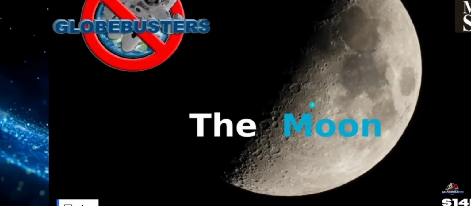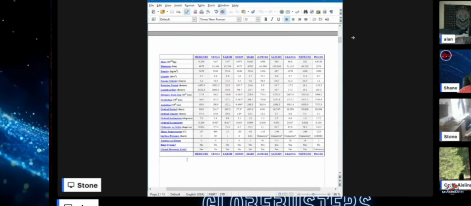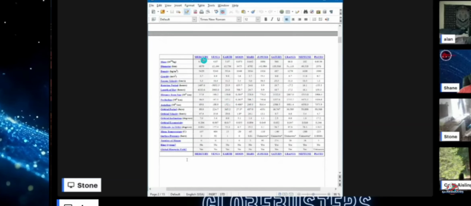So season 14, episode 5 here. Stone using the planetary fact sheet. So NASA, the astronomers, need to quantify the positions and weights of everything, go as far as to say that they know the exact amount of distance and weights based on the time of year of the planets. So Stone references their actual fact sheet there, they call it.